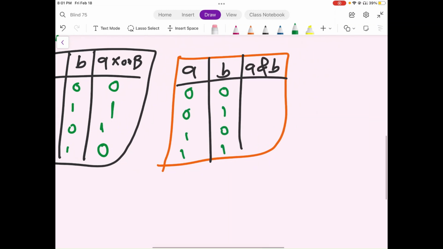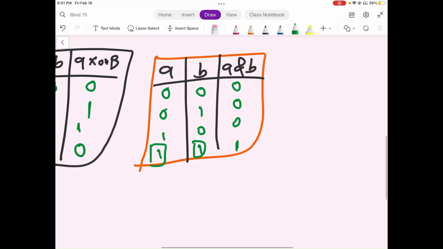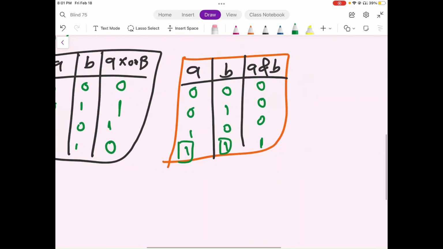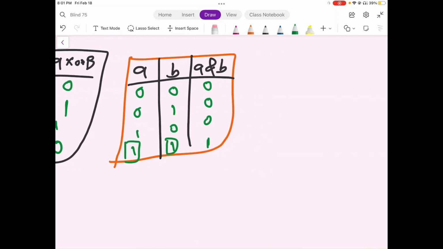Now as the name suggests, A and B, we only set the value as 1 if both entries are 1. Otherwise, if there is any single 0 present, we get the answer of A and B as 0. And now let's see how we can use these two operators to find the sum of any two values for